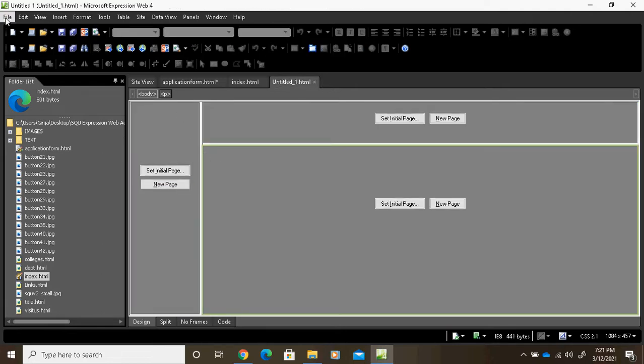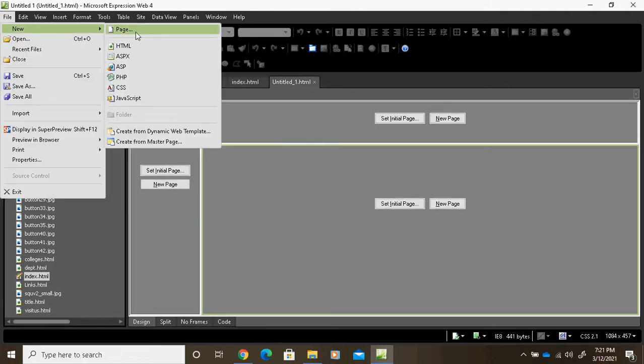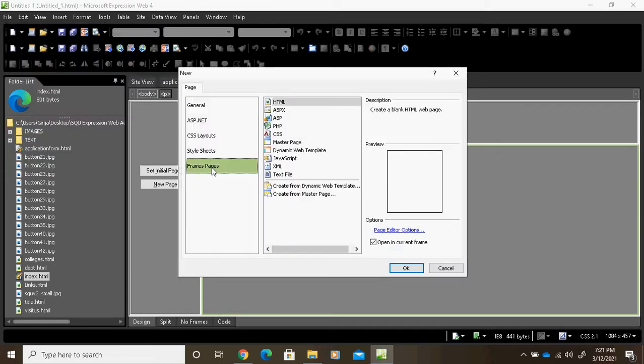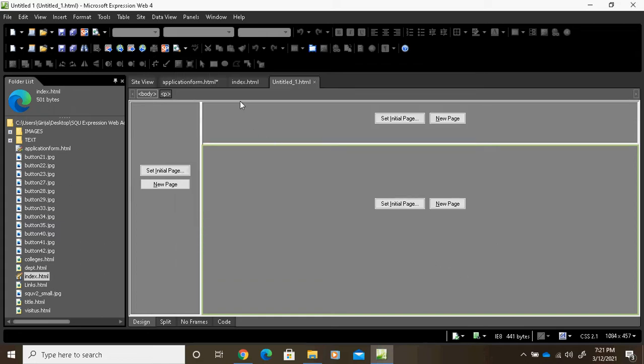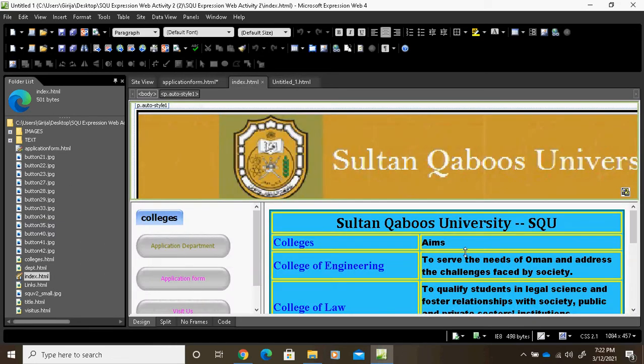This is the difference. Again I will explain: pages in the frame, it is completely available, but banner, you see, it is extended up to this frame, it is covering this page also. But nested hierarchy is not like this, it is only up to this width. So you have content. This is a way we can understand the different given frame types. The given frame type is banner and content.